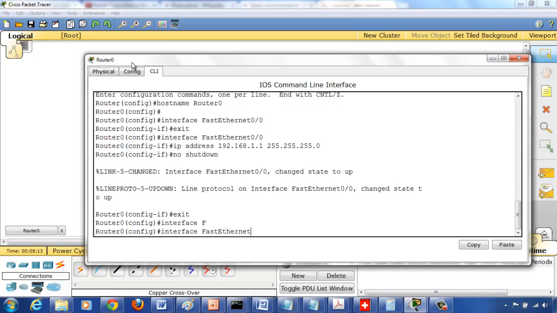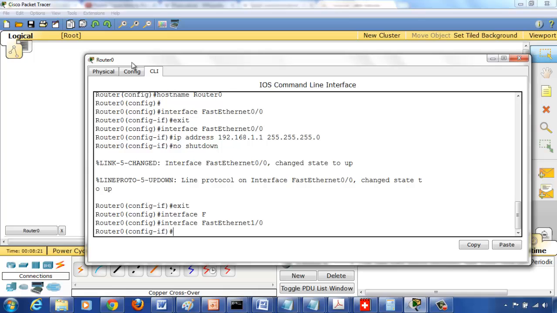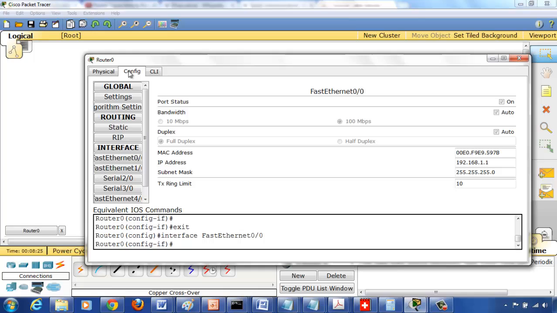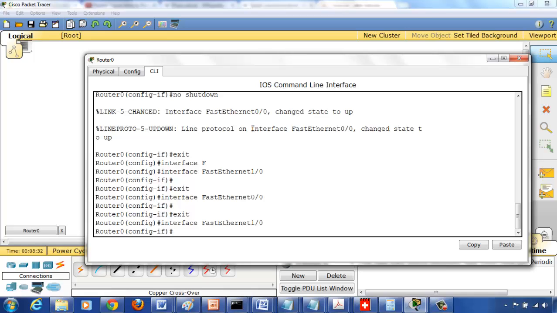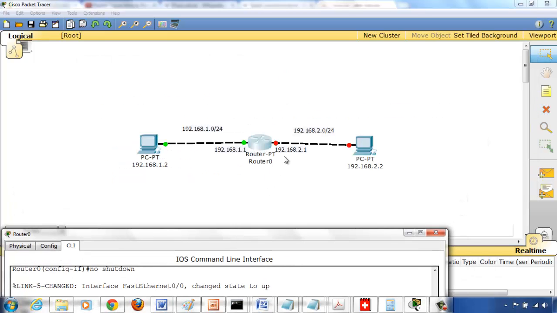If you press tab, the whole thing fast Ethernet will come up, but you have to again select the interface, so 1/0. Okay, so you have to know that interface ID. You can check it by going to config if you want and click on this. It says fast Ethernet 1/0. Right, so now let's configure the IP address, IP space address, and you see here this is